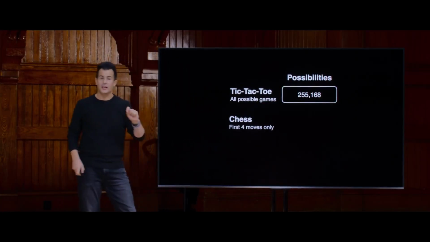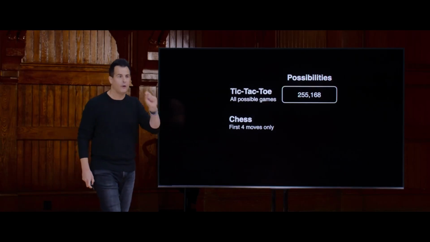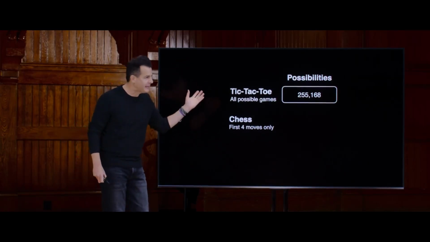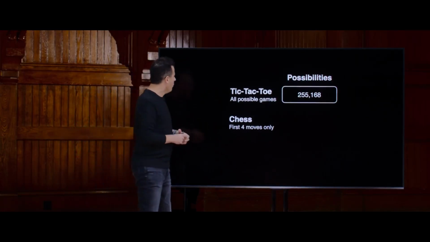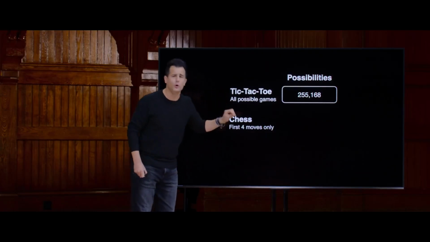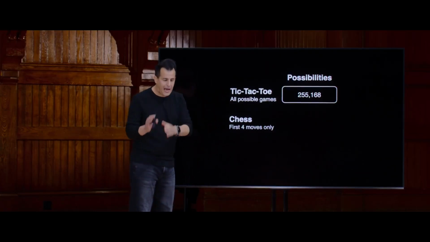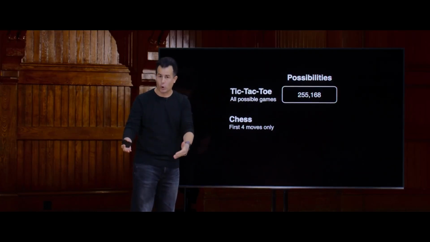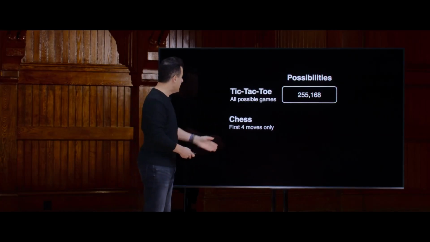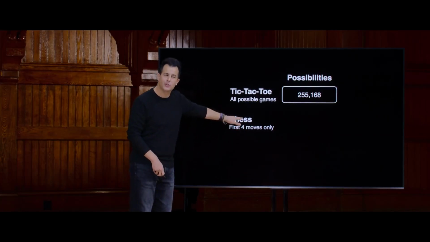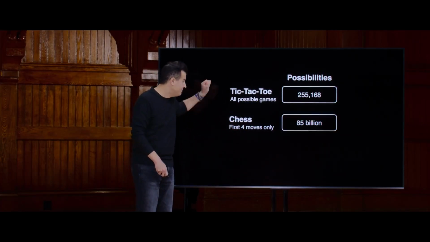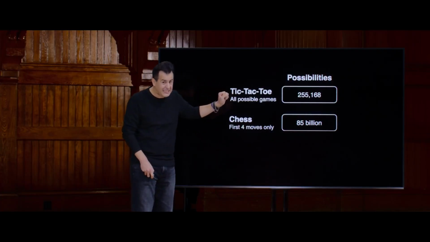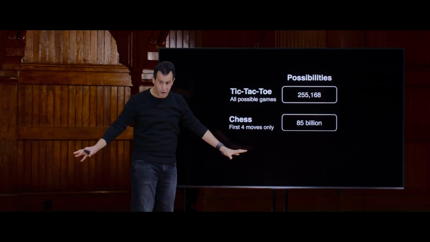Well, what about the game of chess, which is often used as a measure of how smart a computer is, whether it's Watson back in the day playing against it or something else? Well, if we consider even just the first 4 moves of tic-tac-toe, whereby I mean black goes and white goes, and then they each go 3 more times, so 4 pairwise moves. How many different ways are there to play chess? Well, it turns out 85 billion just to get the game started. And that's a lot of decisions to consider and then make.